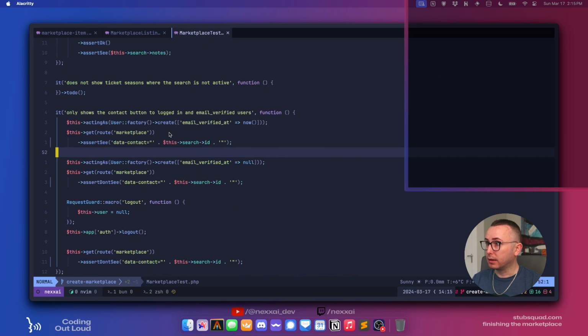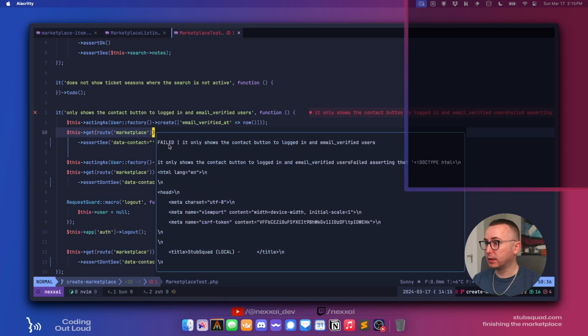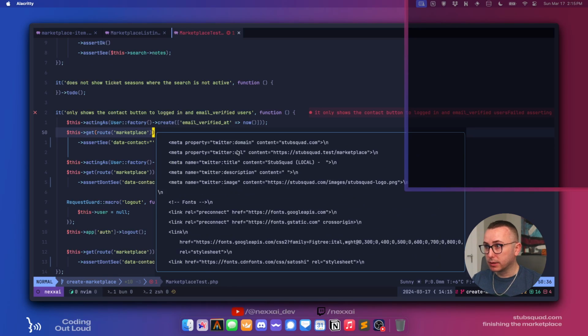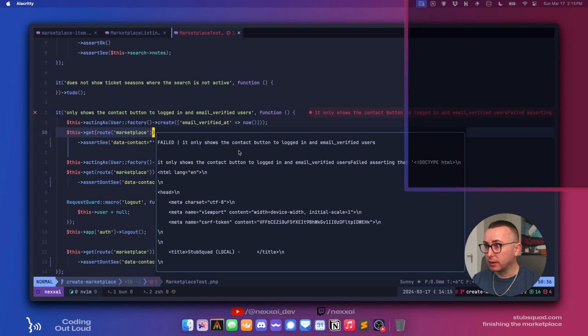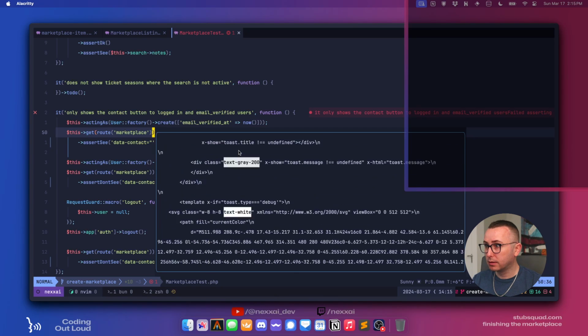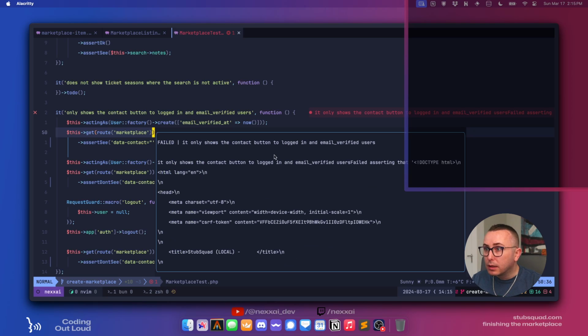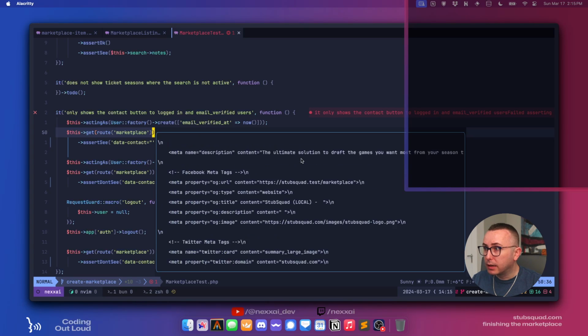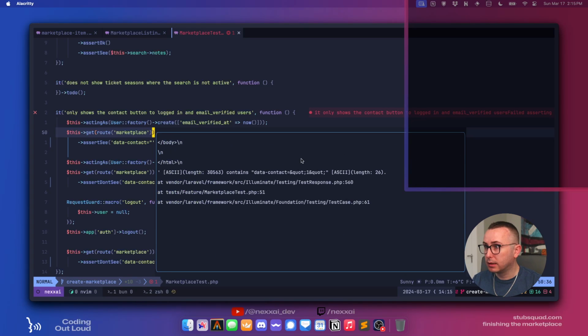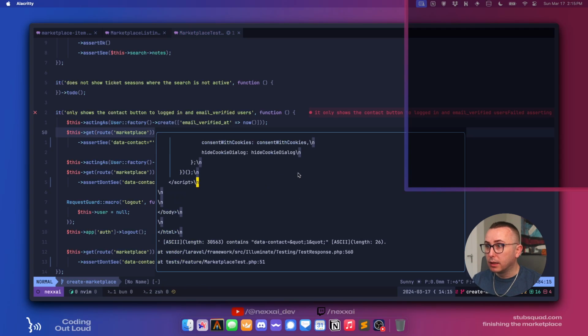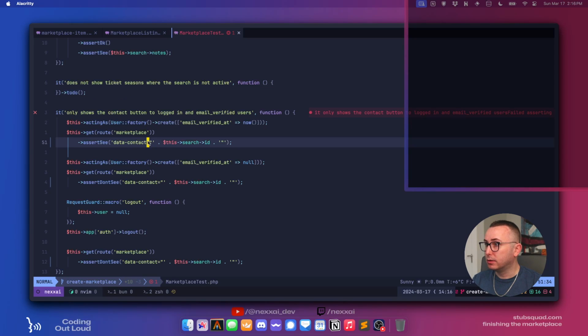In theory this should still work, but it should give us a little more. Okay, so it's not working. What is it not finding? It only shows the contact. Failed asserting that blah, blah, blah contains. Oh, okay.